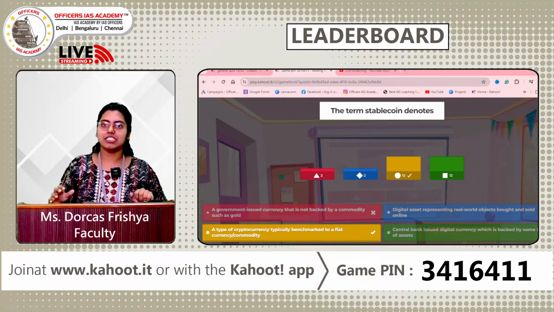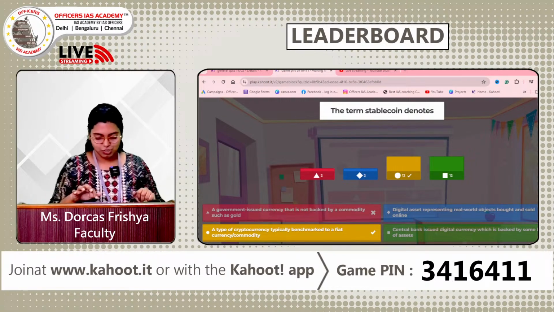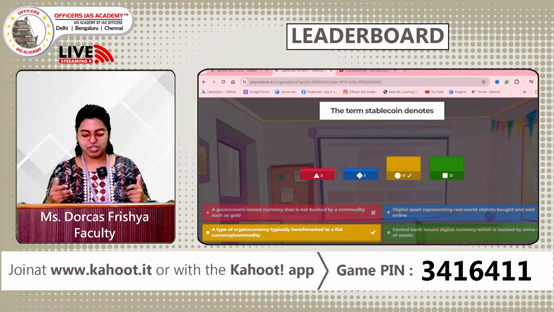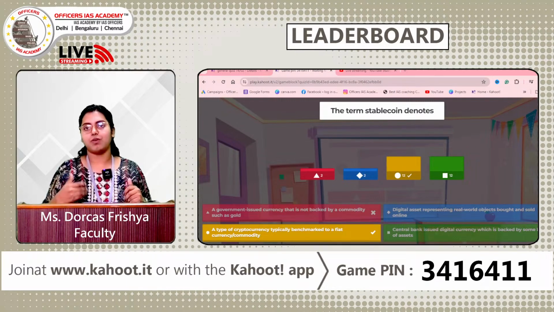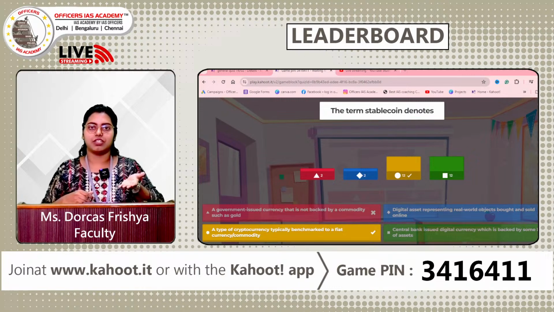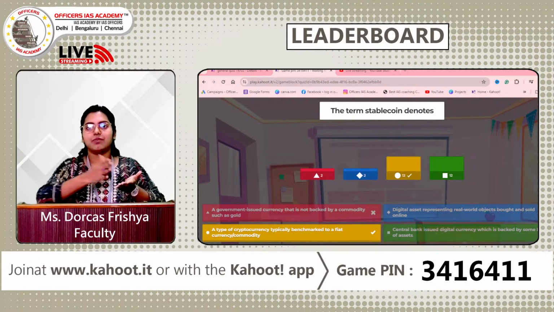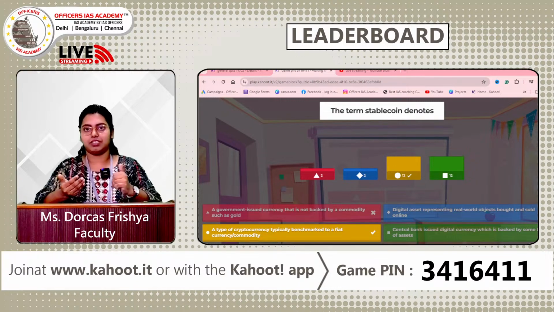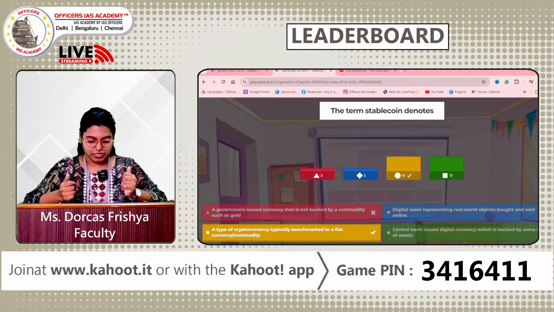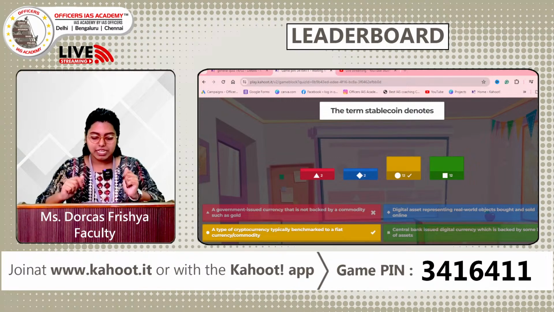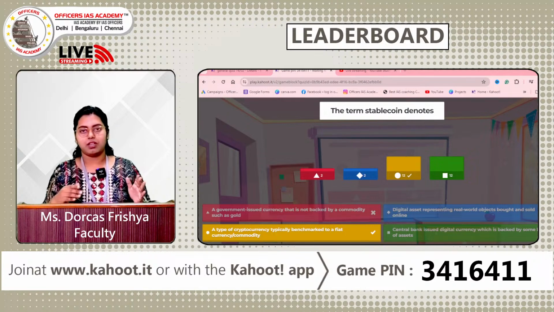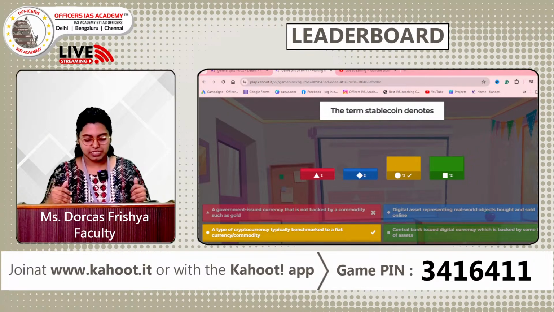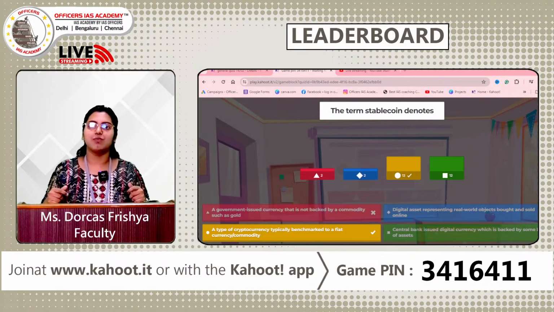Alright, so what does this stable coin denote? It is a type of cryptocurrency that is used to peg the market value. Okay, what do you mean by peg? It means that when you give something similar to that value only, you are accepting some other thing. Okay, so that is one thing. And stable coins are usually more useful and celebrated when compared to others. The reason being that the others are more volatile.